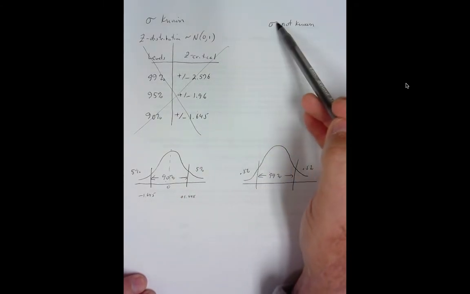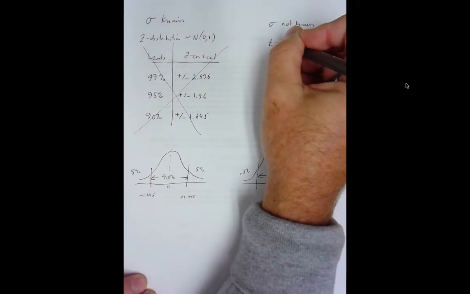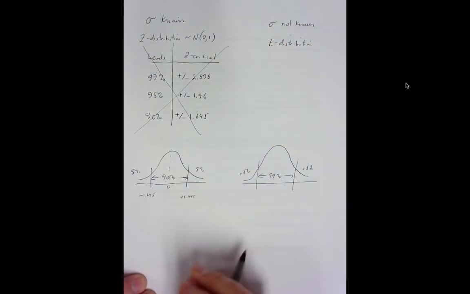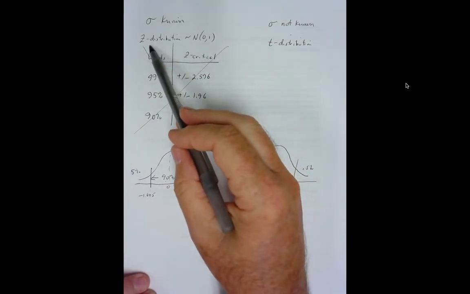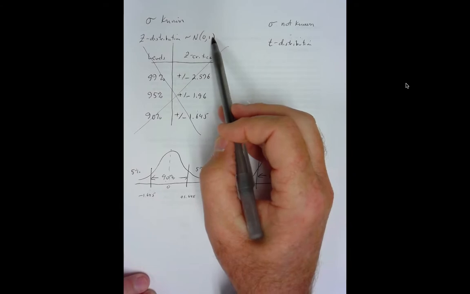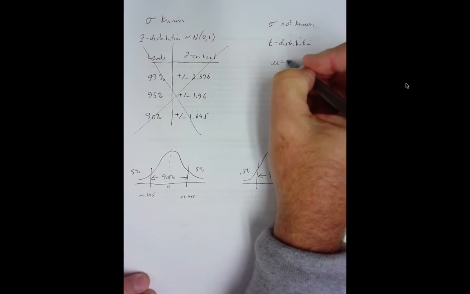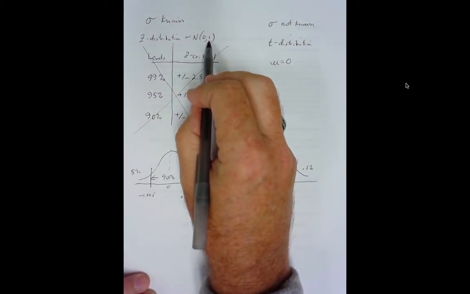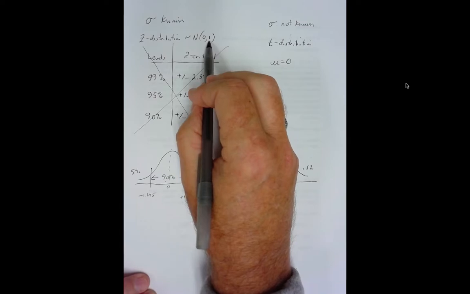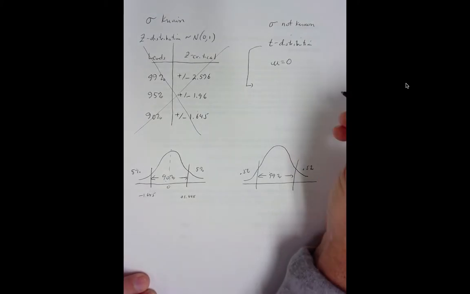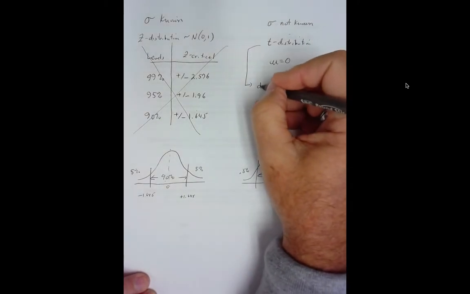But guys, I want to talk about this sigma not known. And what we do in this situation is we have a completely new distribution that models our problem called the T distribution. Now, the Z distribution has a mean of 0, standard deviation of 1 always. The T distribution has a mean of 0, but the standard deviation varies according to the sample size. So guys, the T distribution is completely and totally defined by what we call